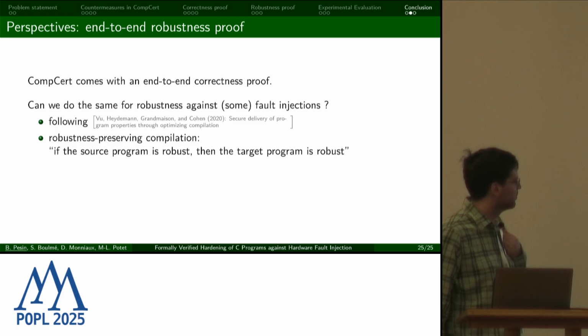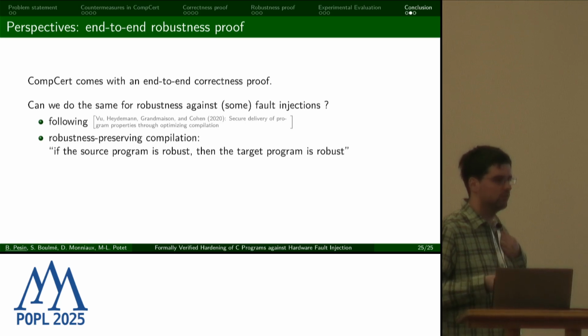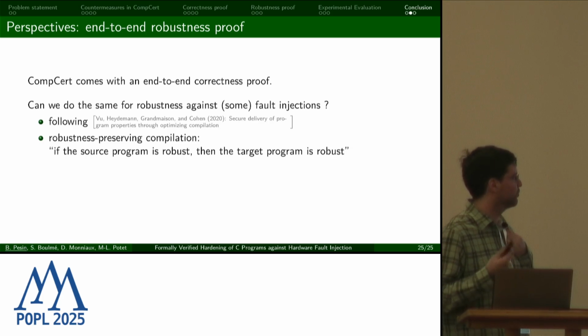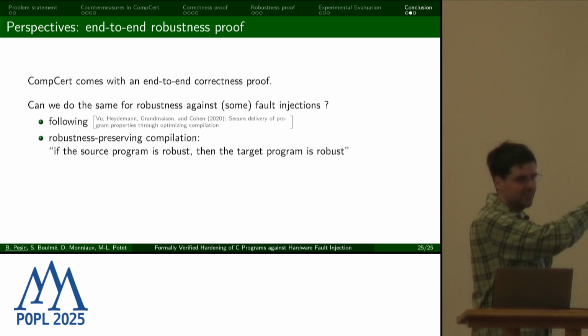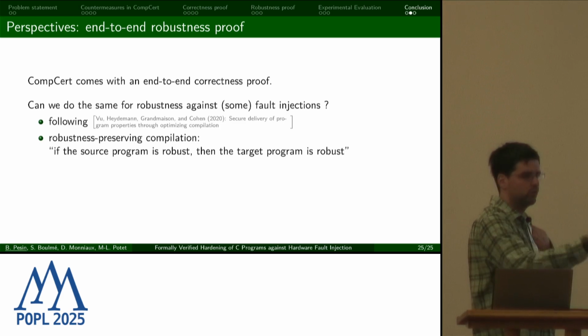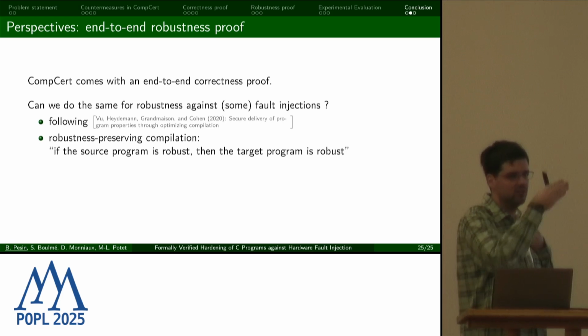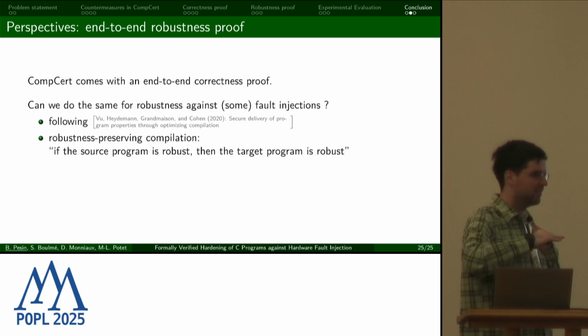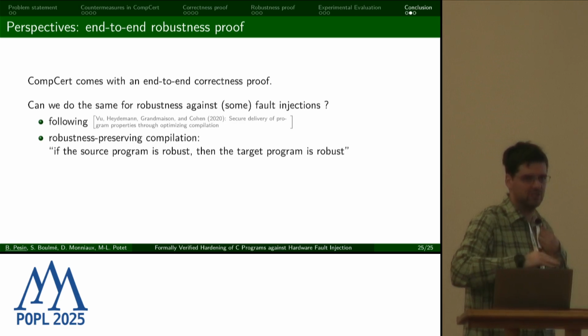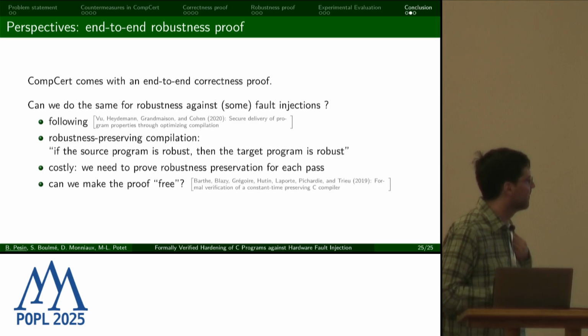And so there's a question if we could extend our work with opaque copies and somehow formally characterize what these opaque copies do and if it actually protects the countermeasures from optimization. And the end goal would be to have a theorem for each compilation pass in CompCert that says that if the source program is robust, then the target program is robust. And then composing these theorems with the countermeasure robustness theorems would give us a theorem at the end that says the very last program generated by CompCert is robust against this or this scenario.